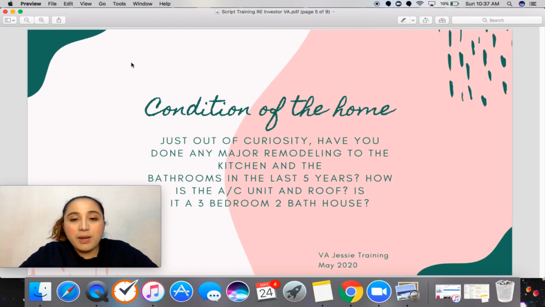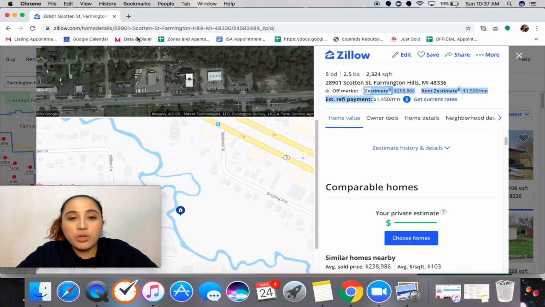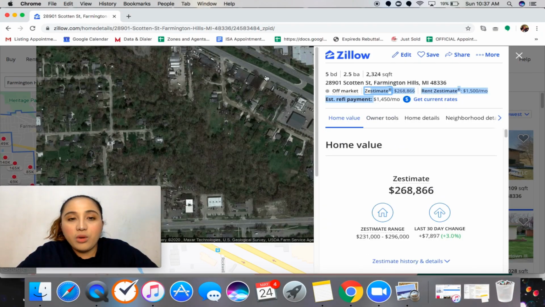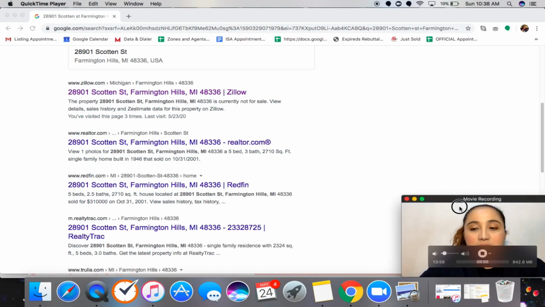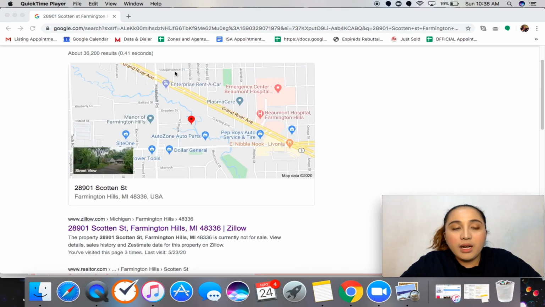Again, this information, remember I told you how to use Zillow to get the information. Sometimes you can see the number of bedrooms and bathrooms on Zillow. Let me show you again. If you go to Zillow, for example, this is the address, right? If you put in a specific address on Google,